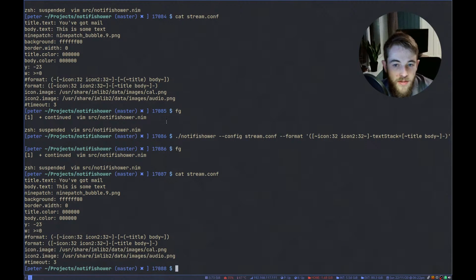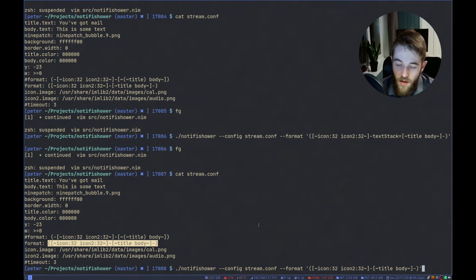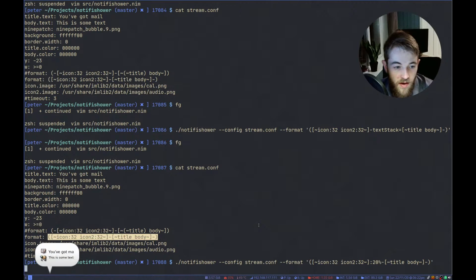If you look at this format right here, I will be able to say that this is 20%, for example. And that's actually cut the text somehow. Interesting.